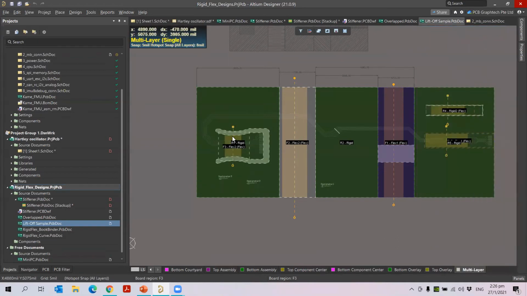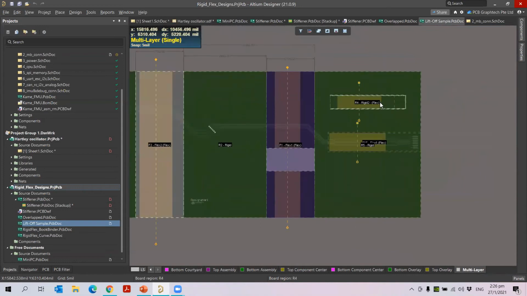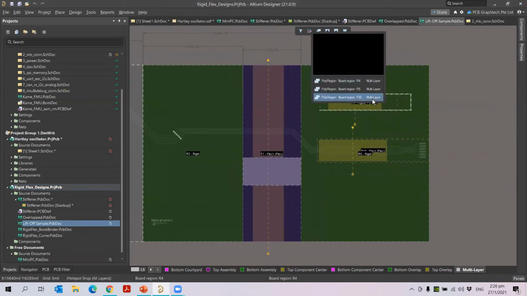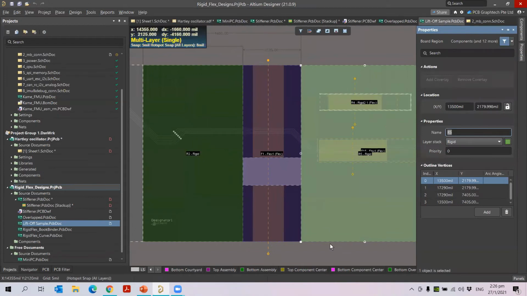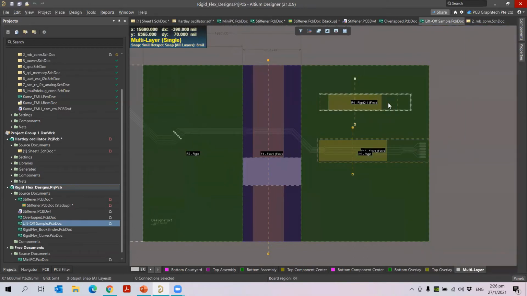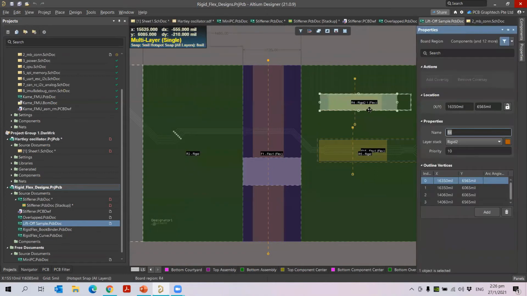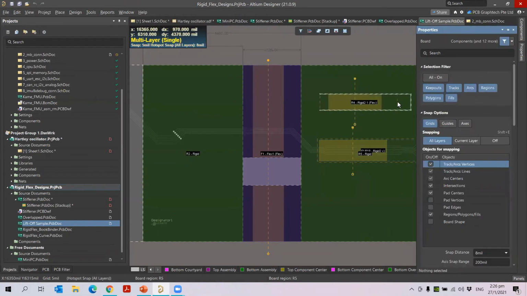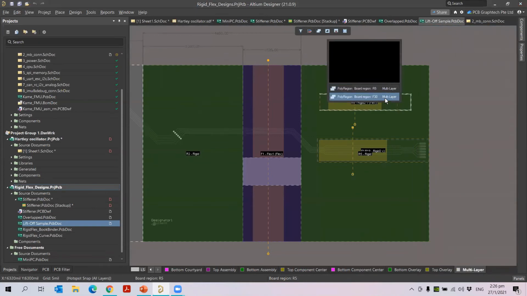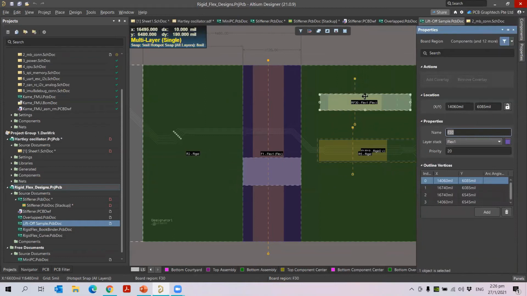Okay, so now I click here, you will see there is a nice cutout around this flex. The flex region is rectangular and it has a nice cutout here, followed by the bending, it does the folding based on the priority level. When you come to the other side, you can also see the same thing. When I click, I can choose this R5, which is the big region. Then when I want to choose this smaller area, let me go for R4. So it chooses the inner rectangle. Then if I want to choose the whole board, I can go for F30. So it gives you the information about this big region and the layer stack used and the priority level.